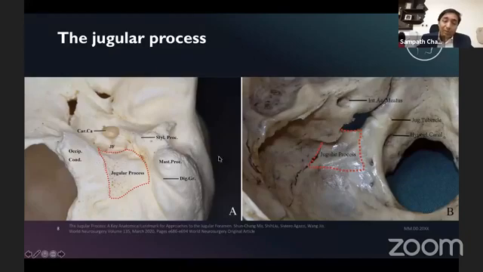So this area has to be drilled out from lateral to medial if you are to go all the way up to the hypoglossal canal, and a lot of paragangliomas, jugular foramen tumors, jugular foramen meningiomas often go all the way up to the hypoglossal canal. And this here is the hypoglossal canal. No, this is not the hypoglossal canal. This is the occipital condyle. The posterior condylar vein goes through the occipital condyle. Anyway, so this is the jugular process.